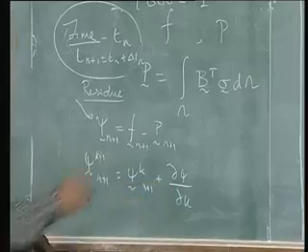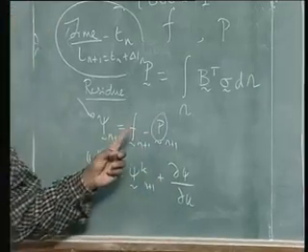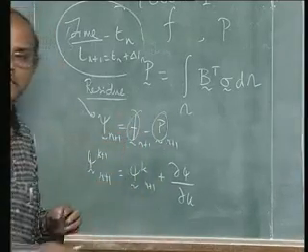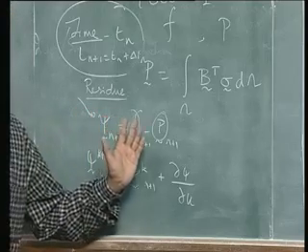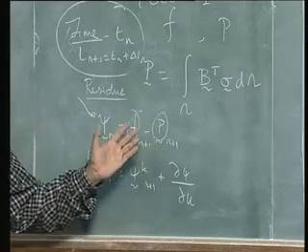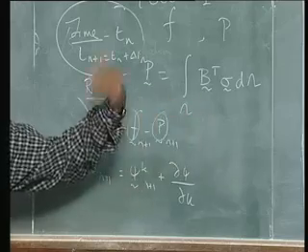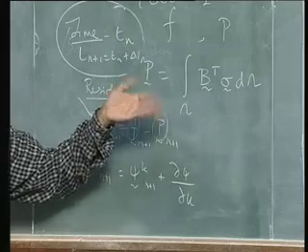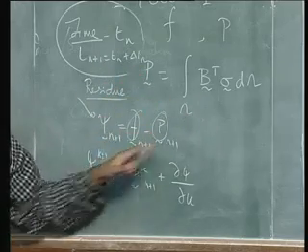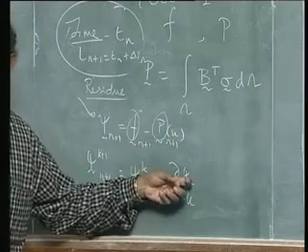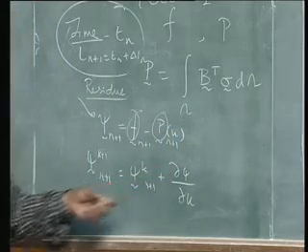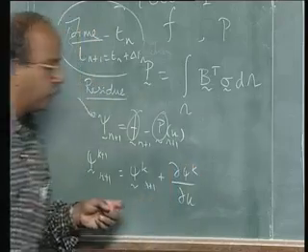Obviously this may or may not be a function of u; for the time being let us say that it's a constant. P is obviously a function of u because p is a function of sigma, sigma is a function of epsilon, epsilon is a function of u, and so on. So this is a function of u, and so psi is a function of u. So dou psi by dou u, and so that k remains,